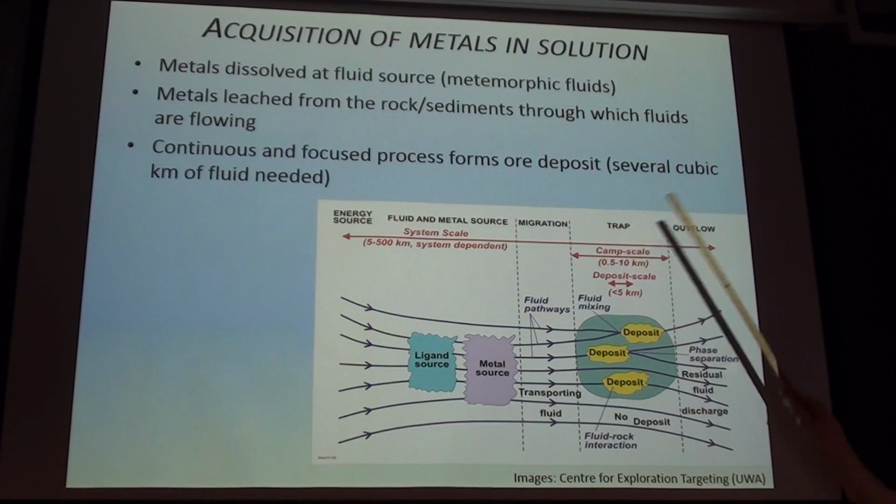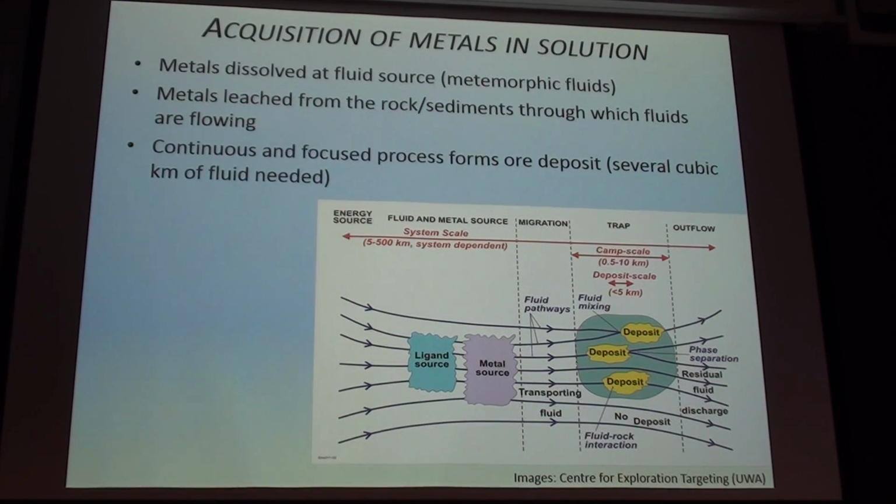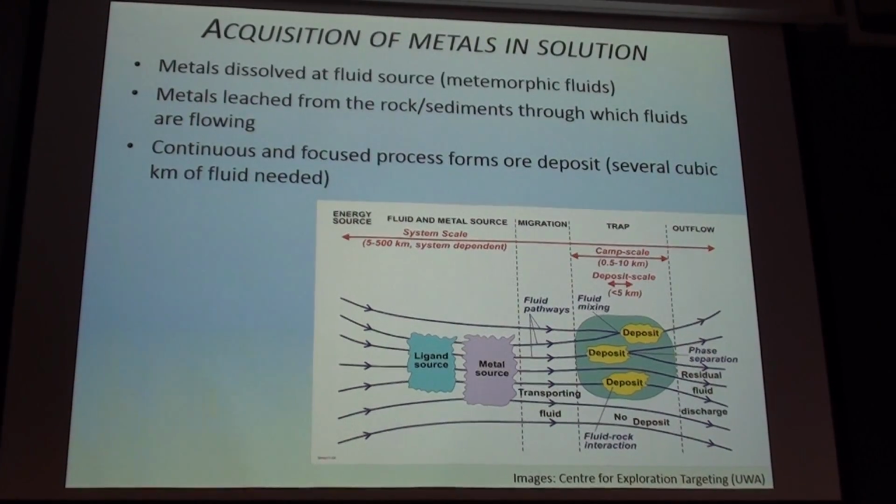If we have a trap, we can form deposits either by mixing of fluids, phase separation through boiling, where we release maybe some gases, and that causes complex instability, breakdown, and metal deposition, or maybe fluid-rock reaction. After that, the fluids can migrate to the surface,